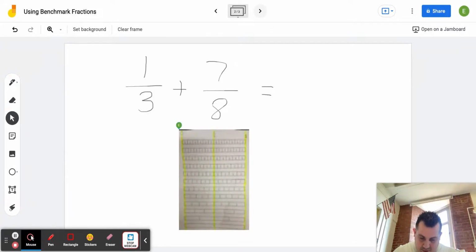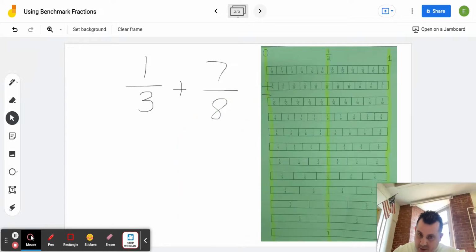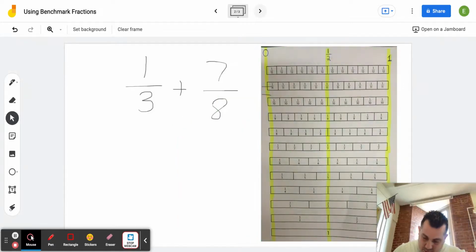I'm going to pull it up right here on the side. There we go. Just going to erase the equal sign there. All right, so what we're going to do is